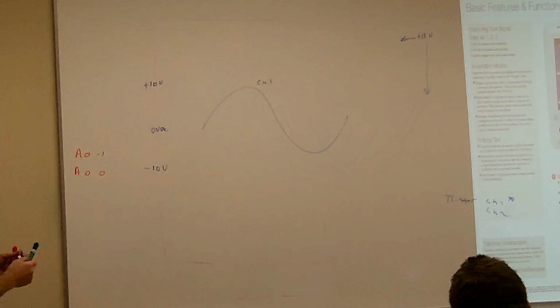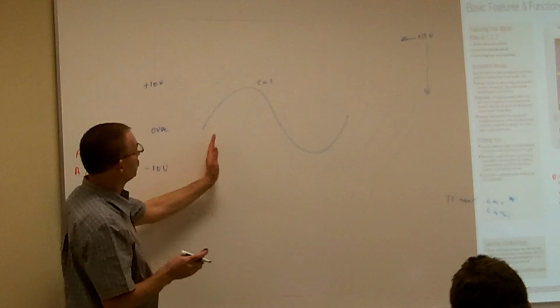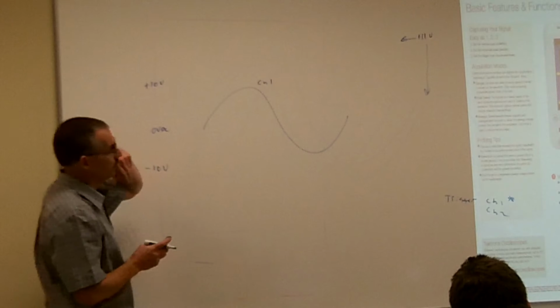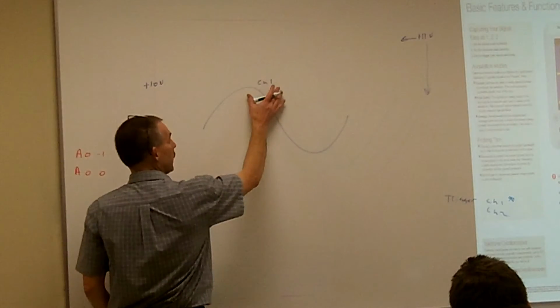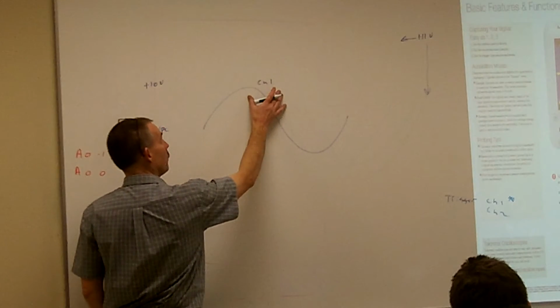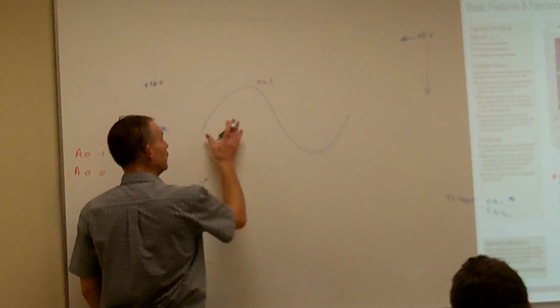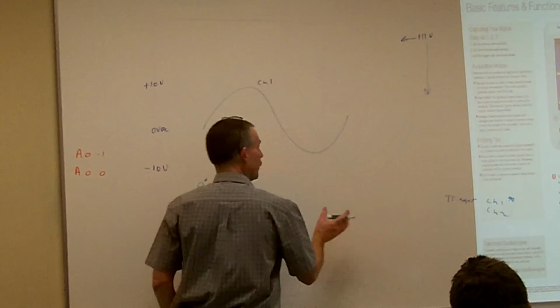Then if we're doing an RC circuit or an RL circuit, you're going to see that we're going to end up having more than one sine wave in the same circuit. When we get into an RC or an RL circuit, our voltage and our current aren't going to be in the same phase. So what's going to happen is that we say, okay, I'm going to trigger at channel 1. That's going to be my 0 degrees. And then it's going to watch channel 2. If I have channel 2 hooked up to it, it's going to watch channel 2. And then